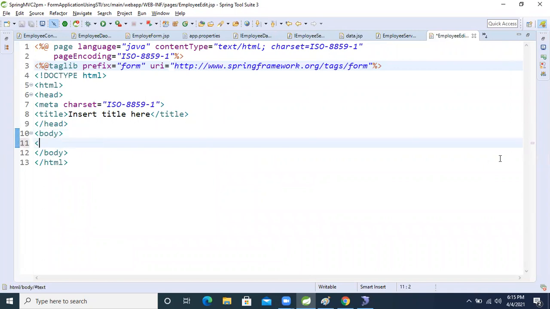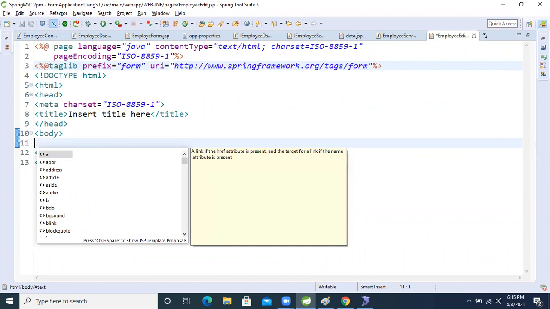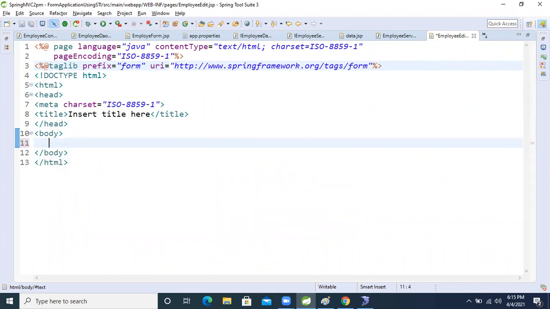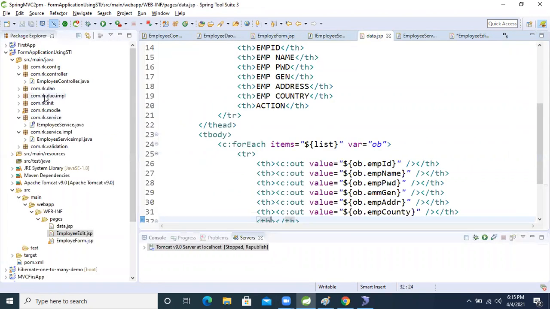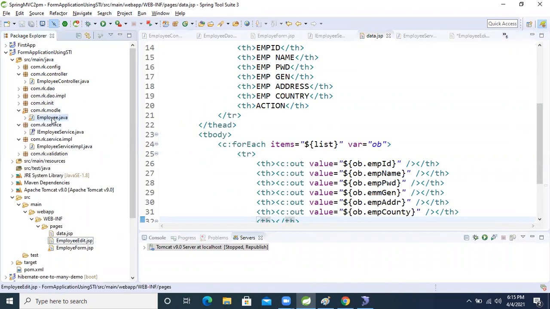Form colon input. What is the model data? The employee model.